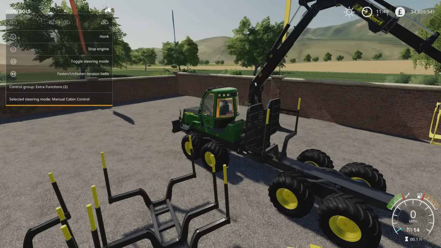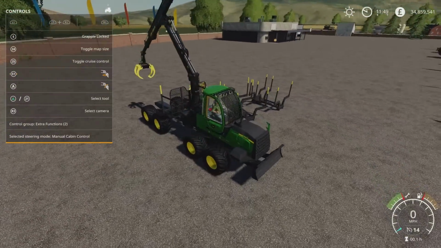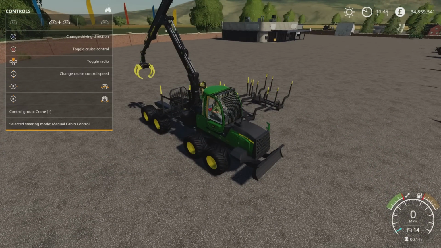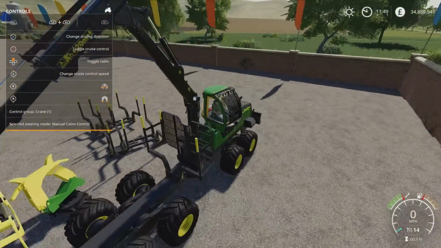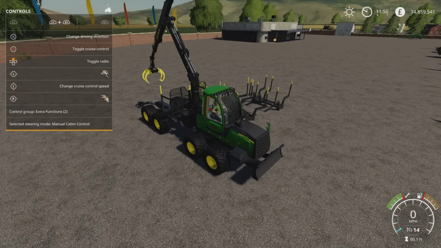So there are straps, and then what else have we got? Oh yeah, cabin. This was the thing I was going to say. If we go back to L1 and R1, change driving direction. You can spin round, which is not unusual, like so. But what we can also do on control group 2, extra functions, L1, R1 on my left stick,